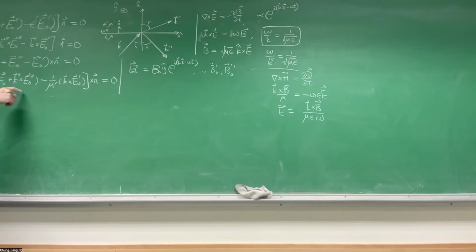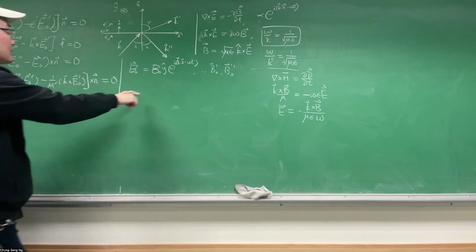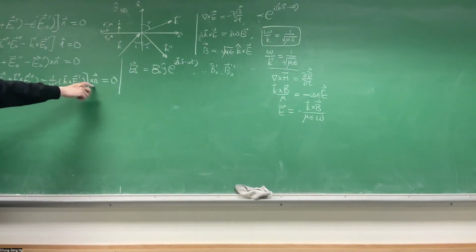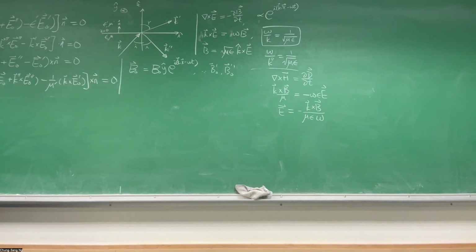Now you can use equation 4. So k cross E is in the y direction. So every term is in the y direction. n is in the z direction. y cross z is in the x direction. So every term is in the x direction. So you only need the one component. So everyone is the same. Okay. So number 4 will give you